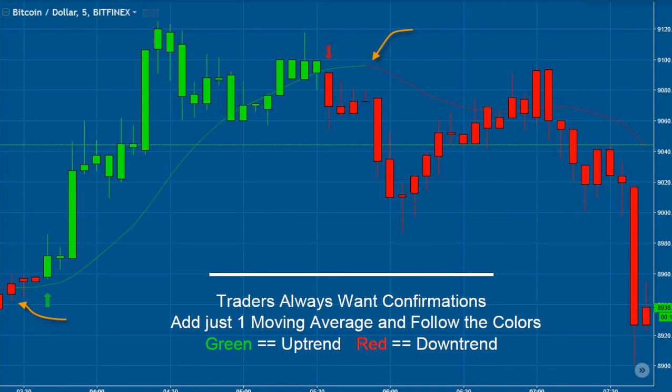We know that traders love confirmations. Without adding a bunch of different indicators to our charts and cluttering them all up, we give you one moving average, one line. That gives you a confirmation that you're looking for. You'll see it was going up, up, up. Suddenly, we gave you the red arrow, changed the color of the candles, and then a couple of minutes later, boom, here comes your confirmation. The one moving average. Just one. We're not putting a lot of things on the chart.